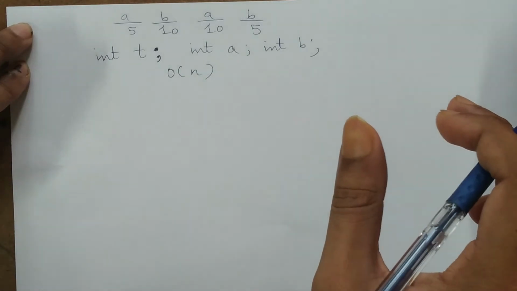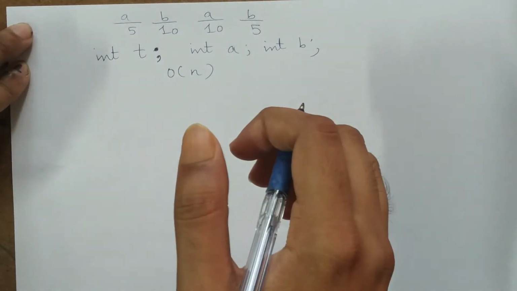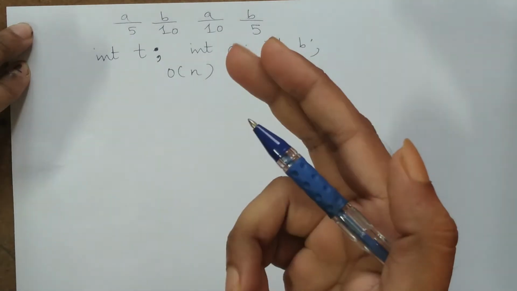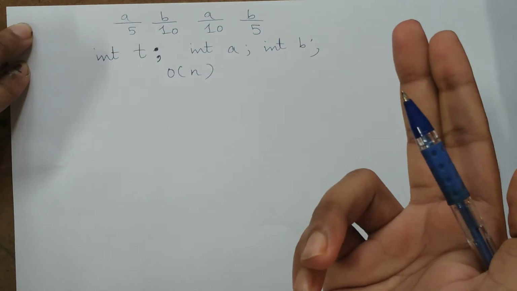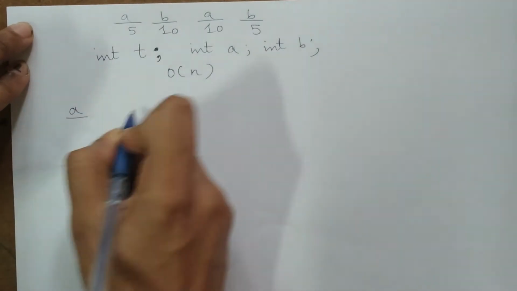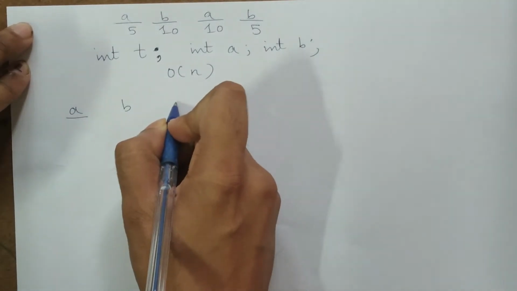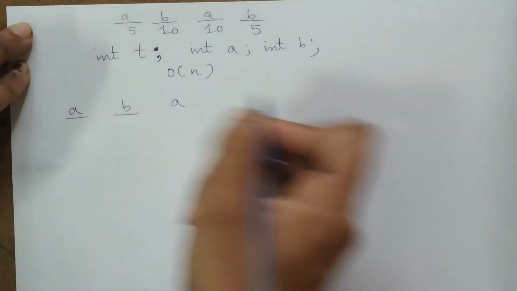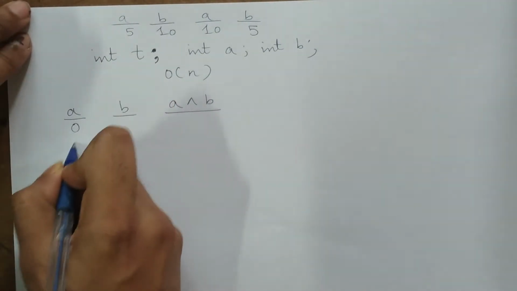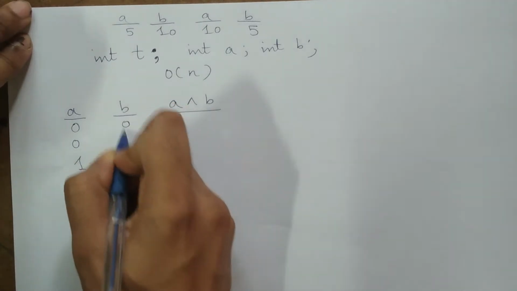To get started, we will first look at how the XOR operator works, which we will be using in the swapping process. We'll also see why we use the XOR operator, and with time we will see what processes are involved. First, let's make the table for XOR. A and B will be the two columns, and I'll write A XOR B over here. So we'll write 0011 and 0101.